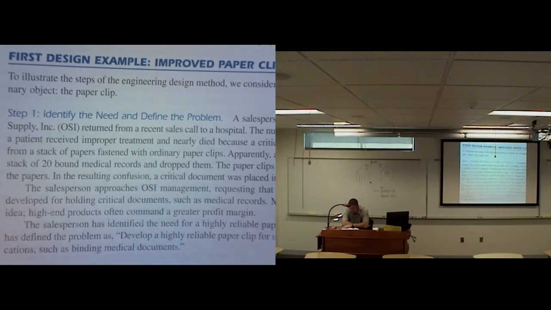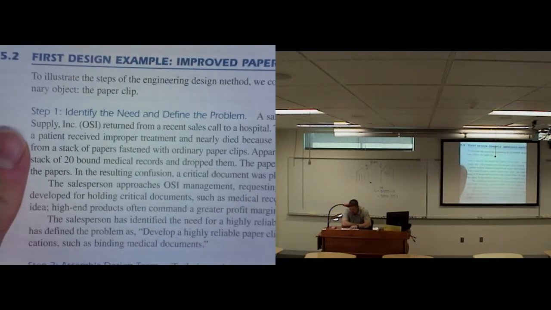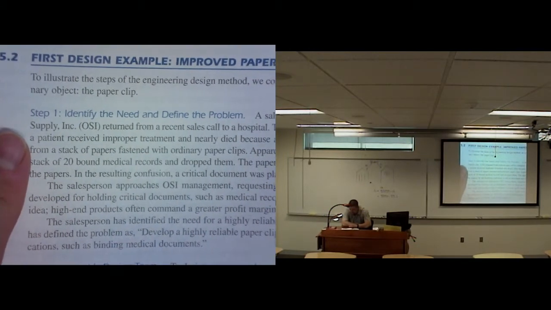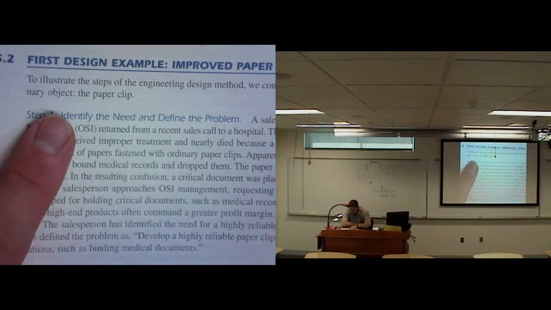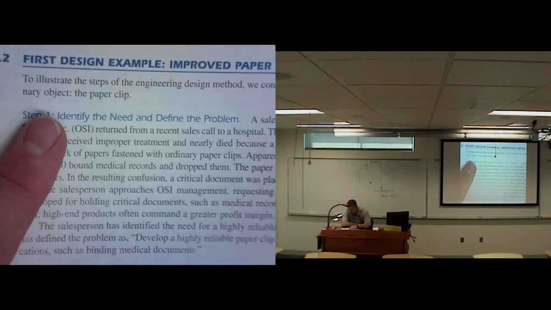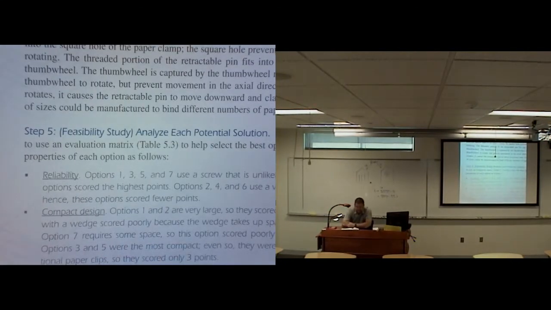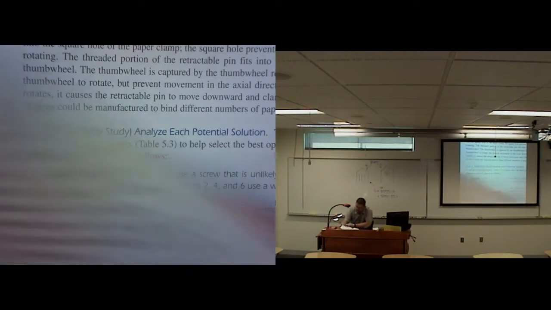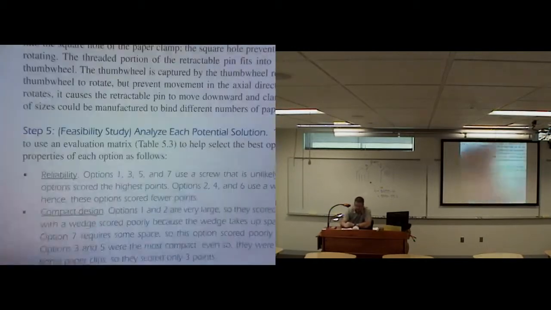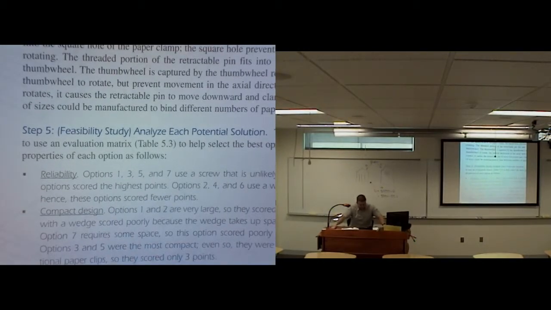So we assemble our design team. We definitely are going to want mechanical engineers, maybe materials engineers, maybe a manufacturing engineer, and probably some marketing people. We want to identify constraints and criteria for success, right? So the marketing expert is going to say we need to keep these things down to $1 per clip. We need to be able to sell them for $1 per clip, not just make them for $1 per clip, because we don't think anybody is going to spend more than $1 on a paper clip, even a very expensive one for special documents.